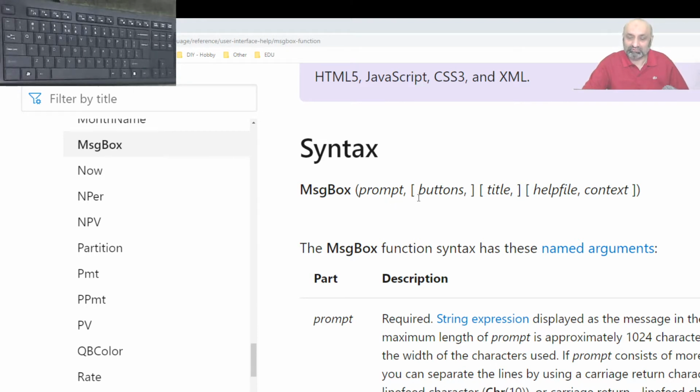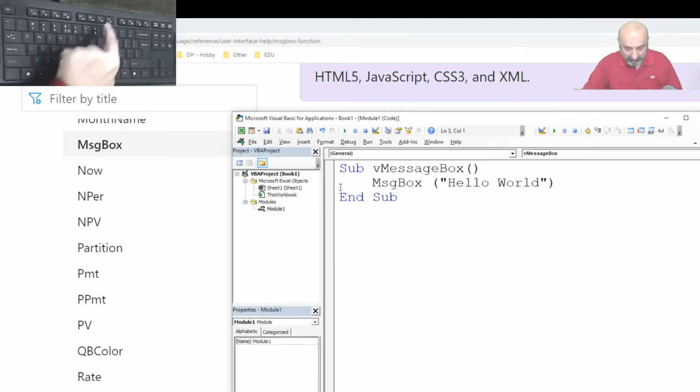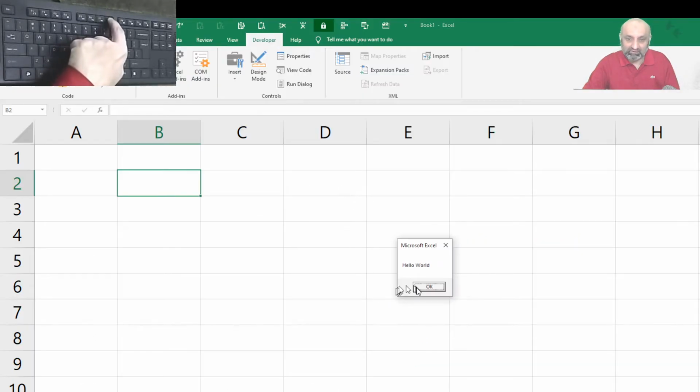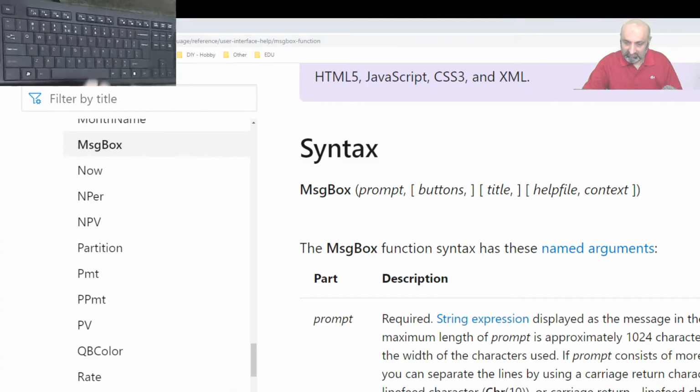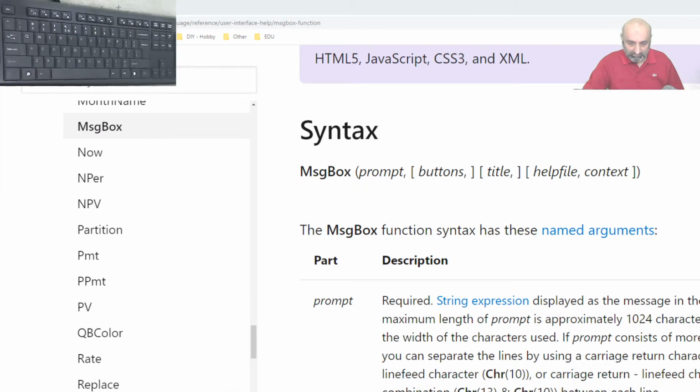What about buttons? Let's go and see what happens if I execute this. There's only one button, the OK button. Okay, so let's go back to Google and see what Microsoft has to say.